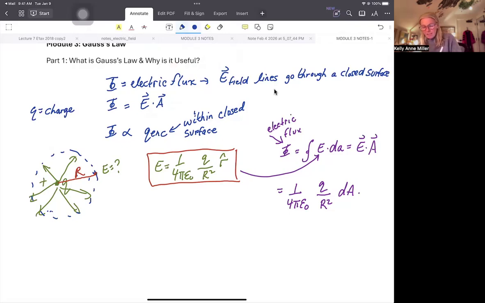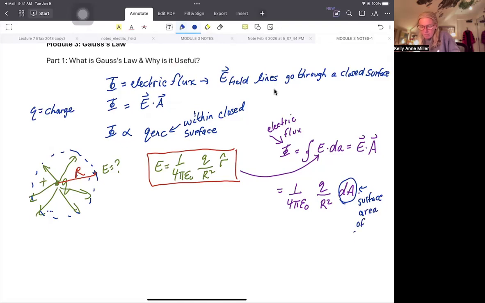Okay, and then this dA refers to the surface area of that Gaussian surface. Okay, which is a sphere. I've made it into a sphere. We're going to talk about why it's a sphere in the next video. But just imagine I draw some surface. It's an imaginary surface. And I basically draw it so that I can calculate the flux through it. Okay, and so what this dA represents in this context is the surface area